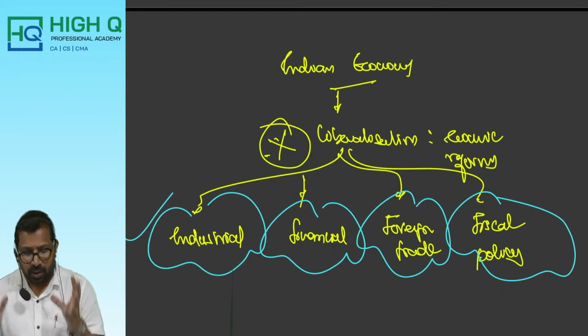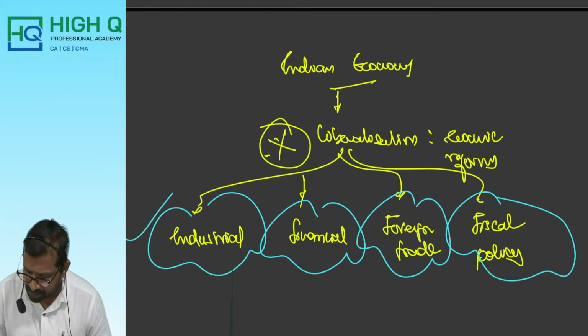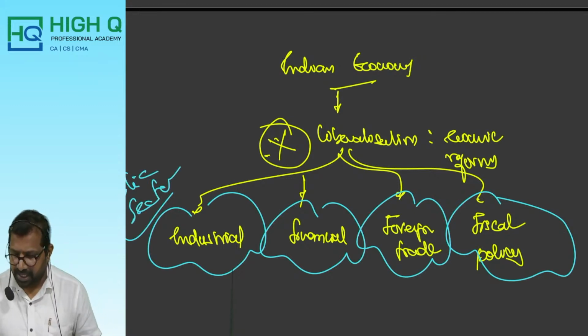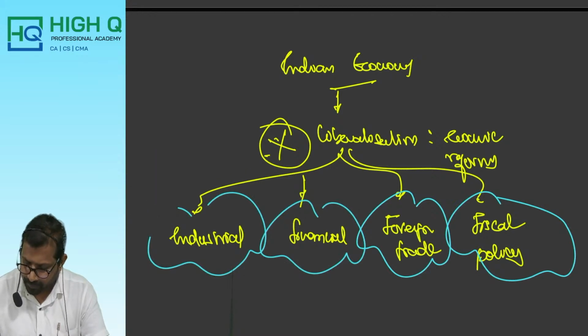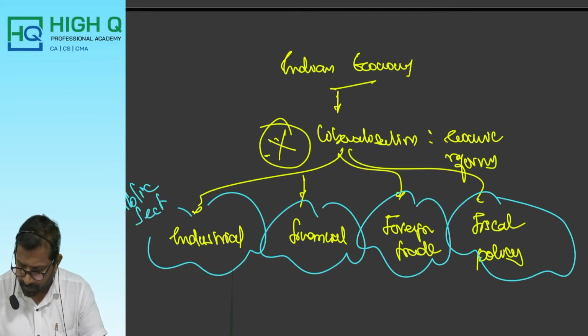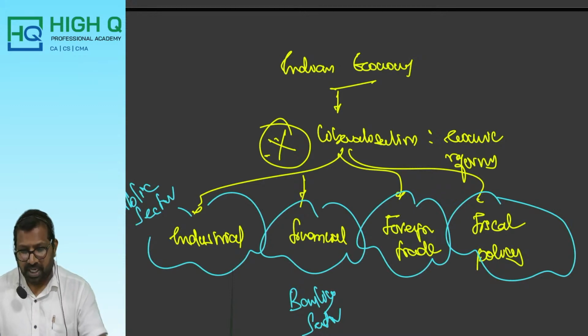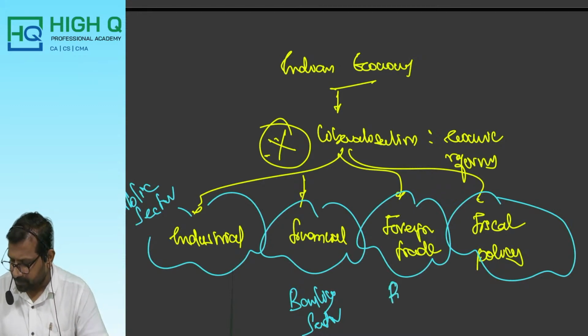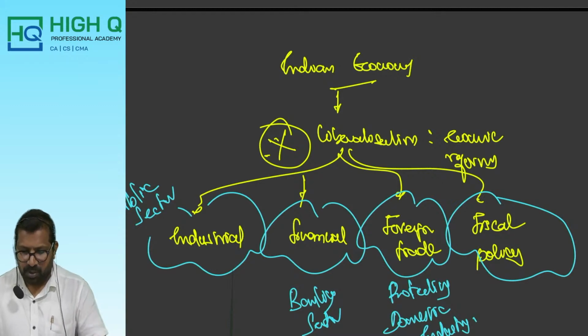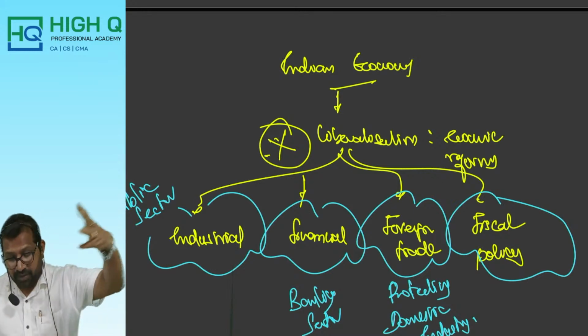Industrial: dominant position to the public sector. Dominant position to which sector? The public sector, called industrial. Second one, financial sector: banking sector. Foreign trade: protecting domestic industry. Fiscal policy: high level of government expenditure or insufficient government revenues, high level of government debt, high rate